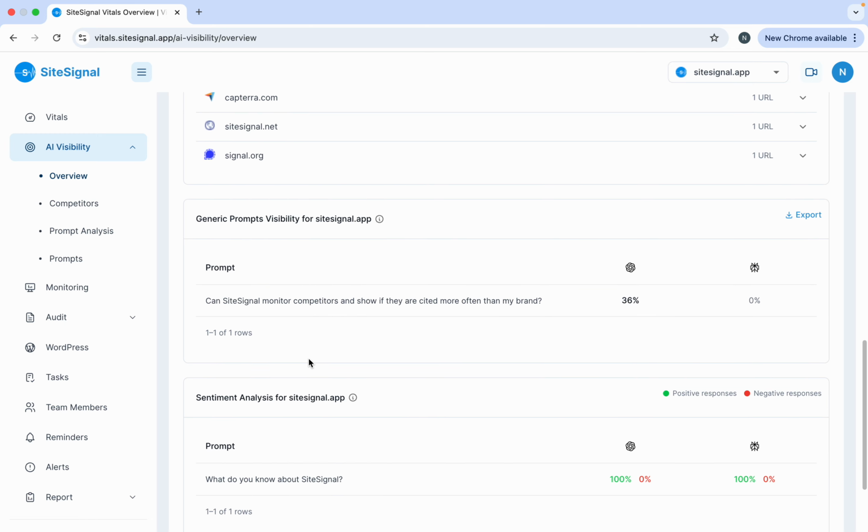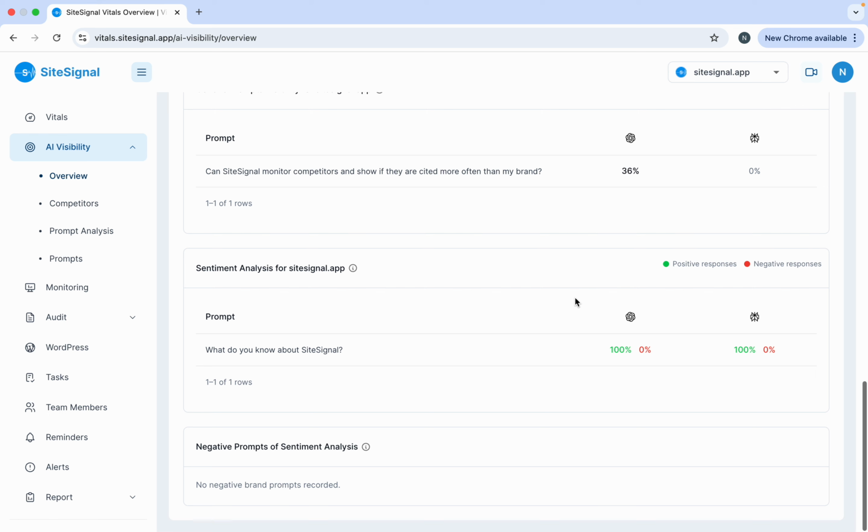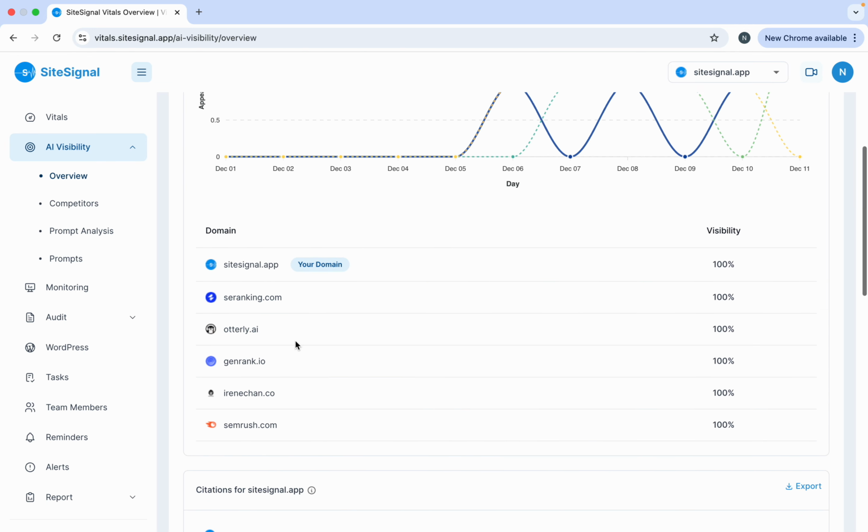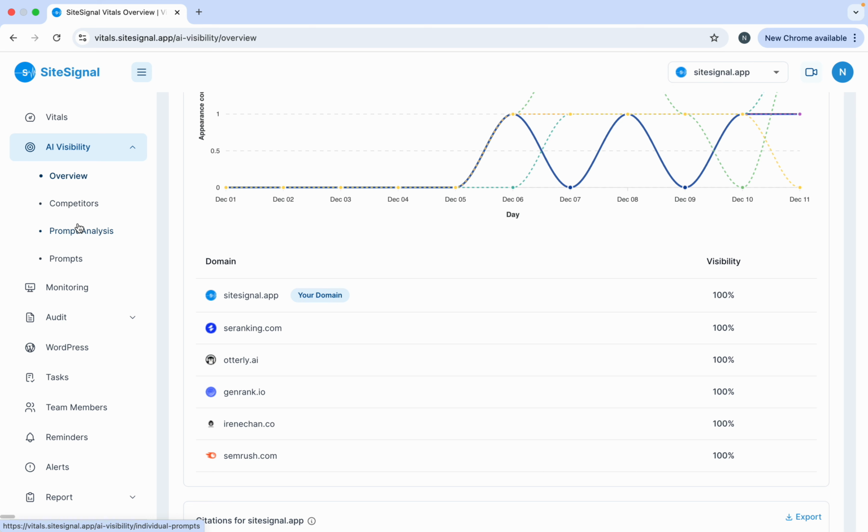And if you have the generic prompts, for all of those generic prompts, you will be able to see the percentage again here. And then sentiment analysis, you will be able to see whether it's a positive or negative one, and also if there were any negative dates, you will be able to see it in this section. This particular day you had a negative sentiment that came from ChatGPT or Perplexity. So now after 24 hours, you know who the competitors are, and also you will be able to see